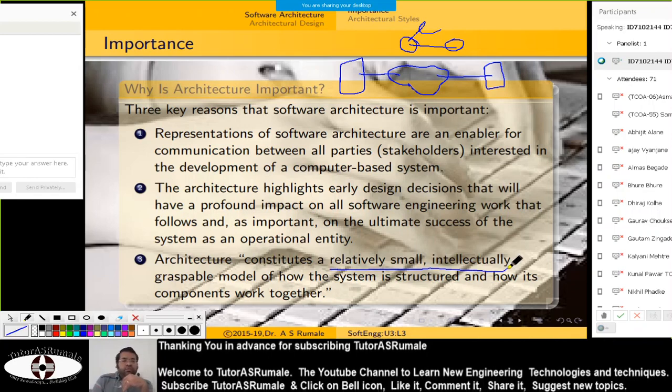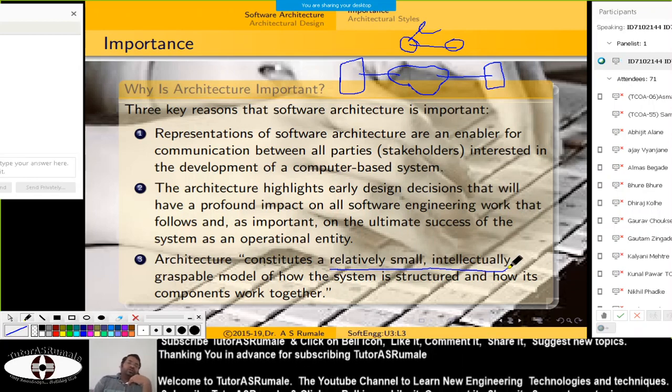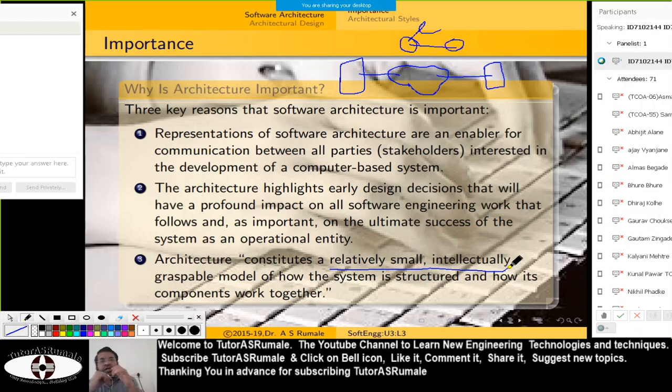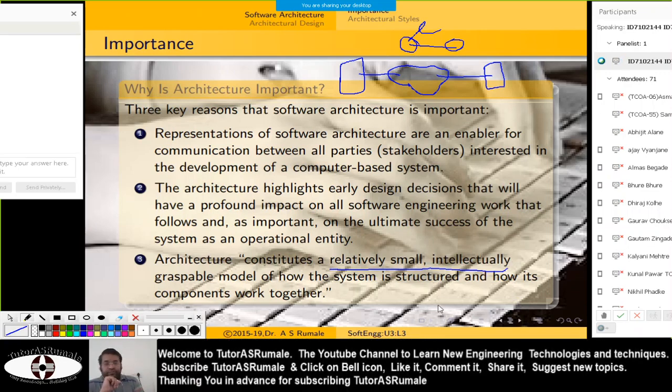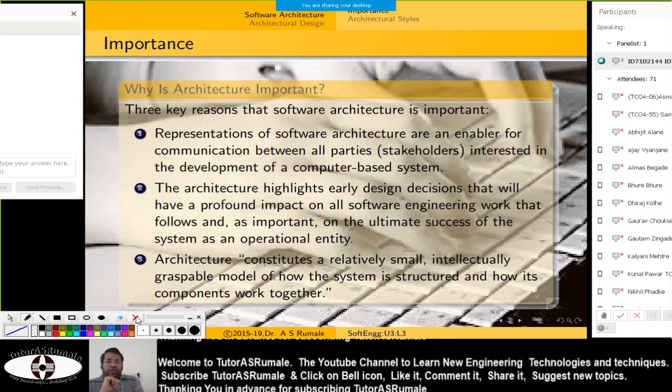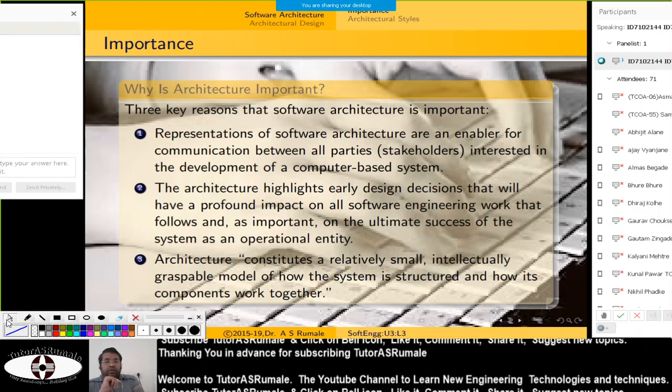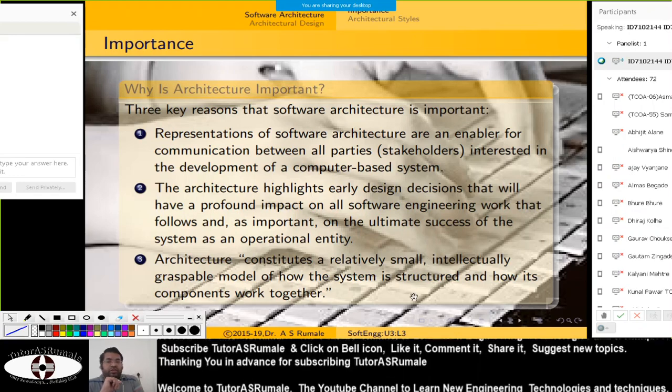So when we say flowchart and everything, this actually constitutes those things, and that's why architecture is important in defining and designing our software in a more robust way,